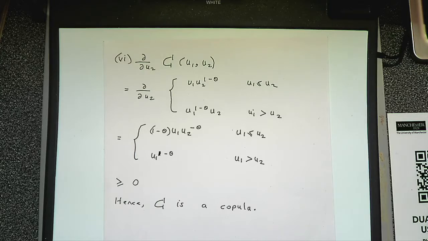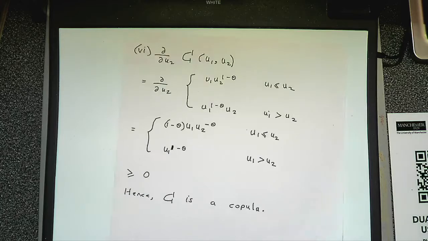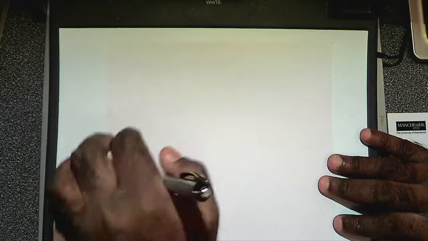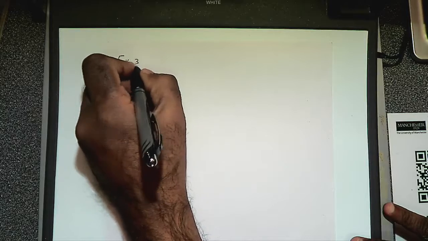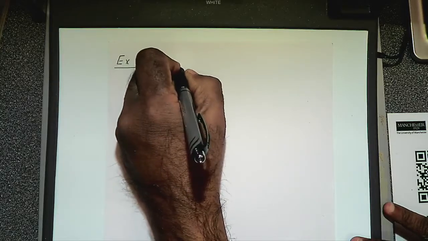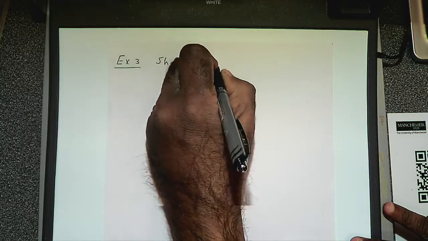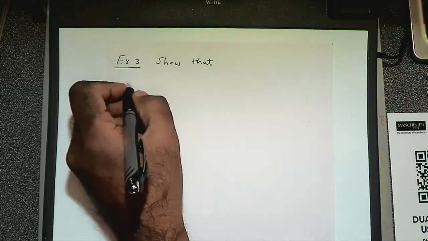One more example, let me check if I can find some examples here. Yeah, here we are. Alright, example number 3, may not have time. I would just give it to you. If I don't have the time, I'll let you finish it. So this is example 3. Show that C